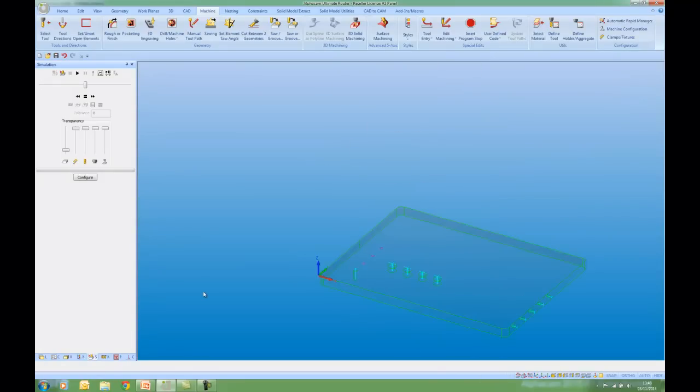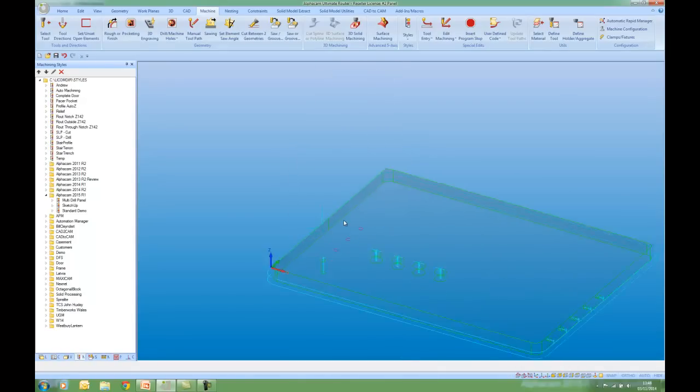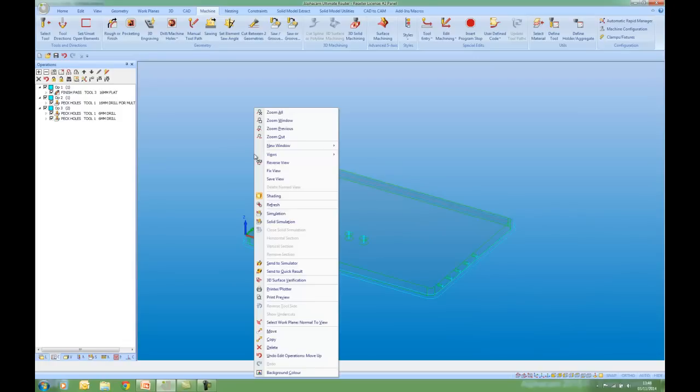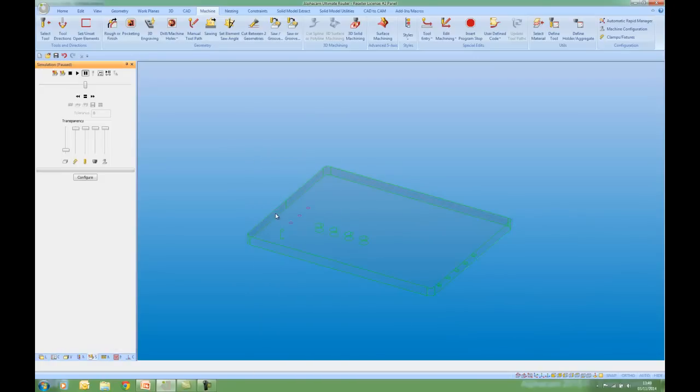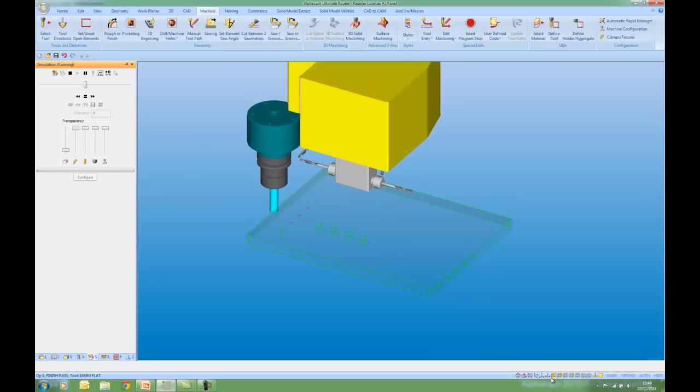If we go to my machining styles tab, and apply, this just gives me a toolpath around the outside. What I'm going to do is go to operations and shift the order to make that my first op. If I right click and do simulation, play, and look from the side,